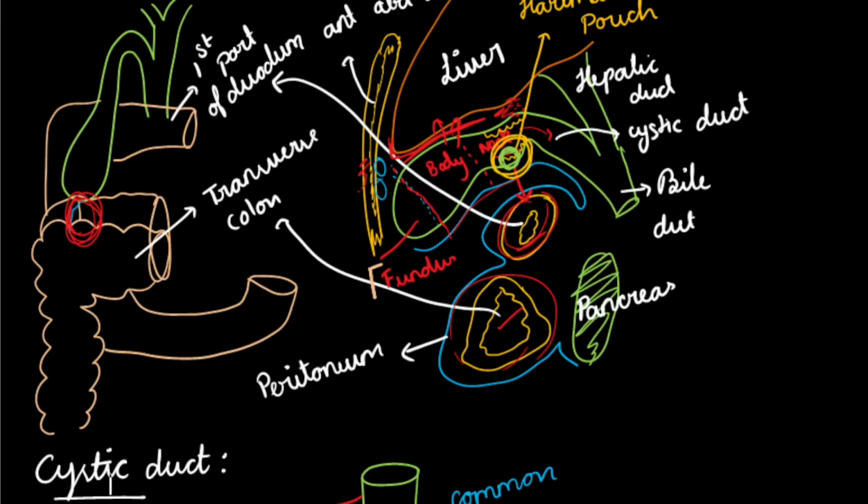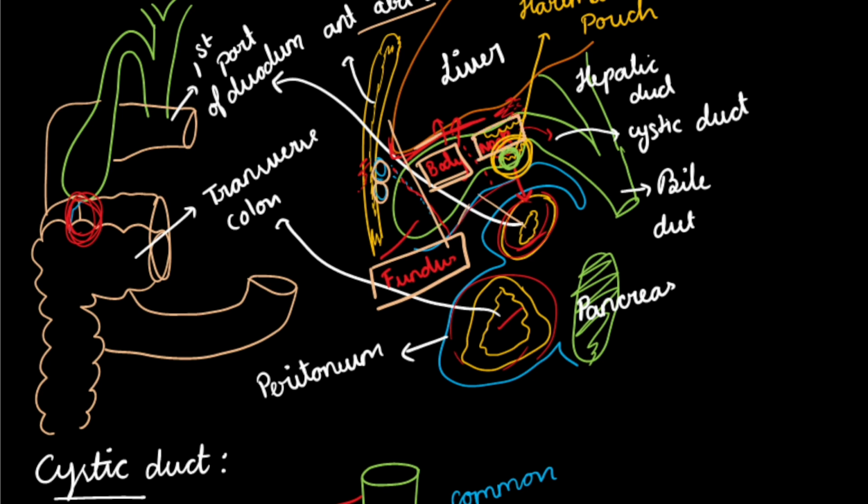So now regarding the fundus, which is situated beyond the inferior border of the liver, you can see here, and it is related anteriorly to the anterior abdominal wall, and here we can see the 9th costal cartilages. And now regarding the body of gallbladder, anteriorly it is related to the fossa of liver, and posteriorly it is related to the peritoneal covering, and we can see the transverse colon and the duodenum behind